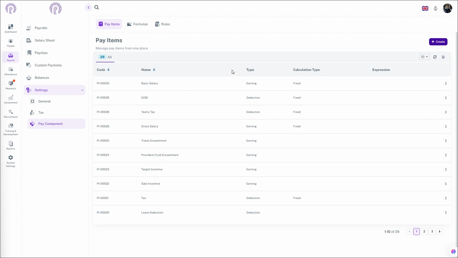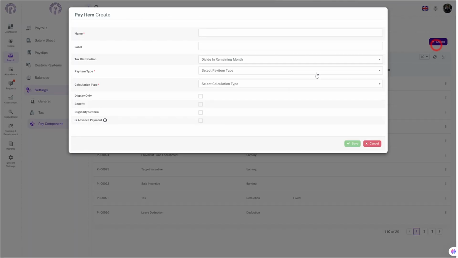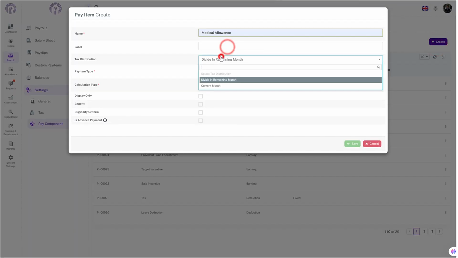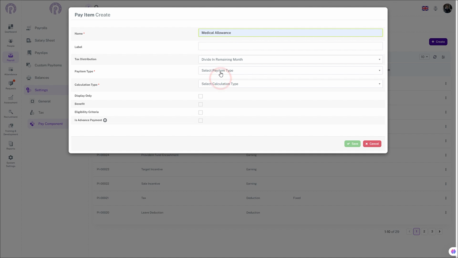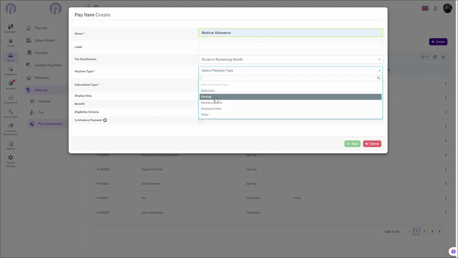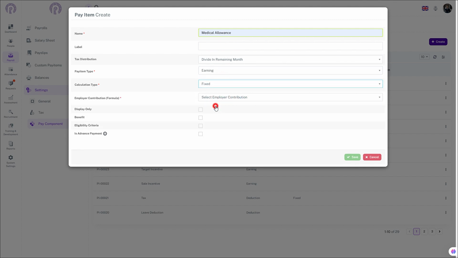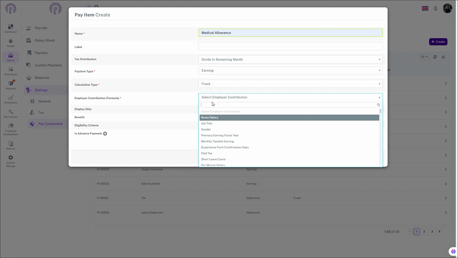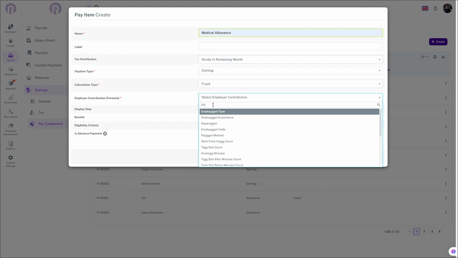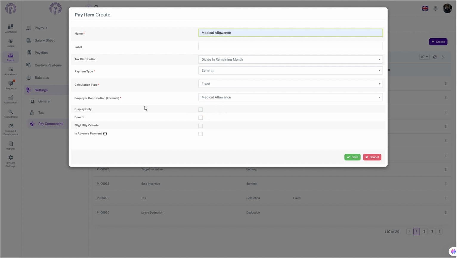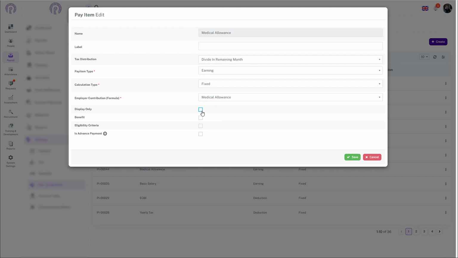For medical allowance, follow these steps. In the Pay Items section, click Create Pay Item. Enter the name Medical Allowance. Set the tax distribution to Divide in Remaining Months. Select Earning as the pay item type. Choose Fixed as the calculation type. Under Employer Contribution, Formula, select the formula linked to Medical Allowance. Since medical allowance impacts the total payroll, leave the Display Only box unchecked,